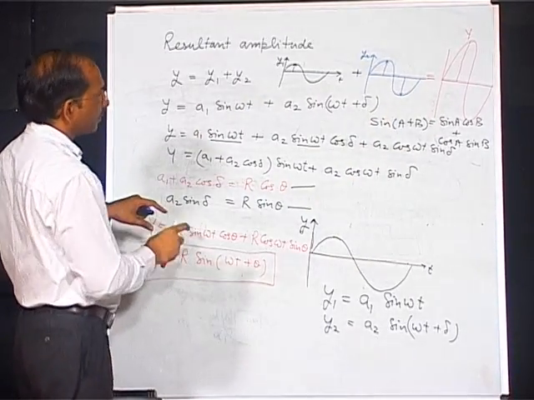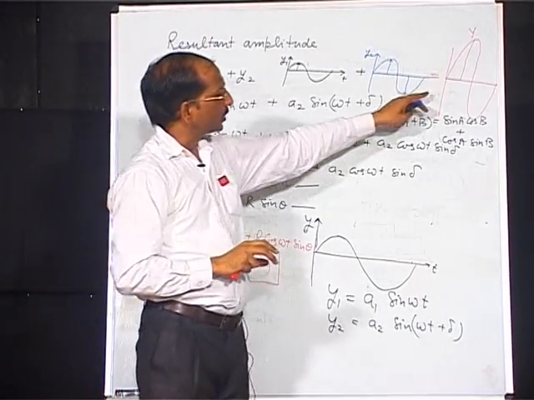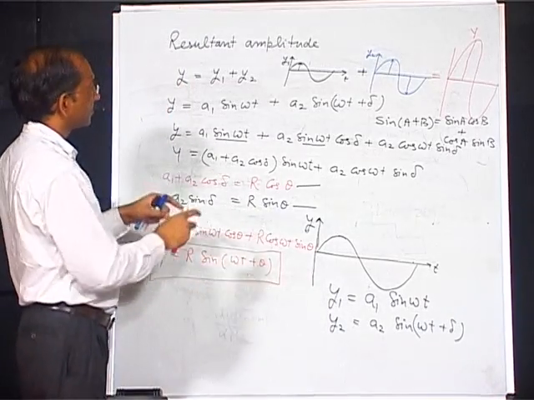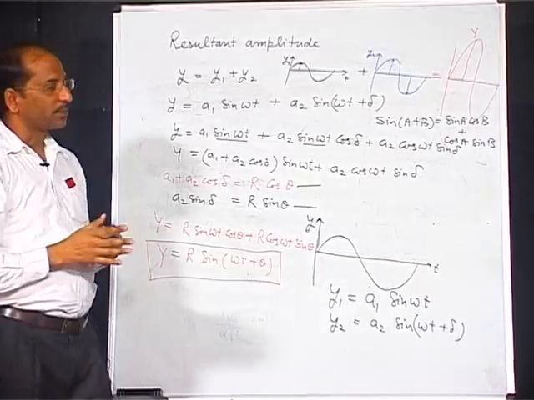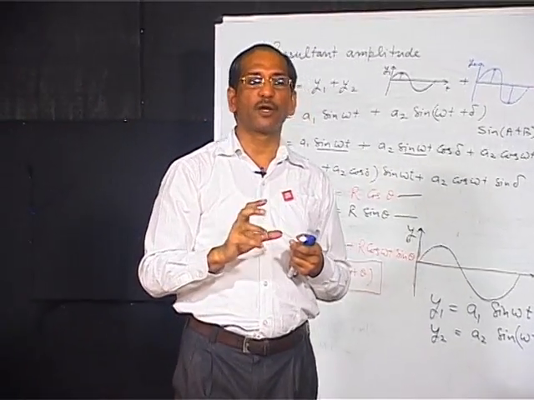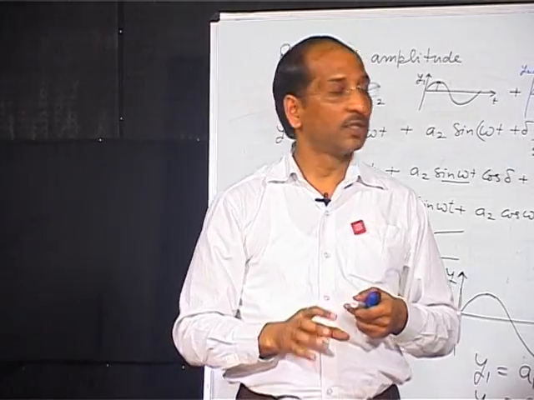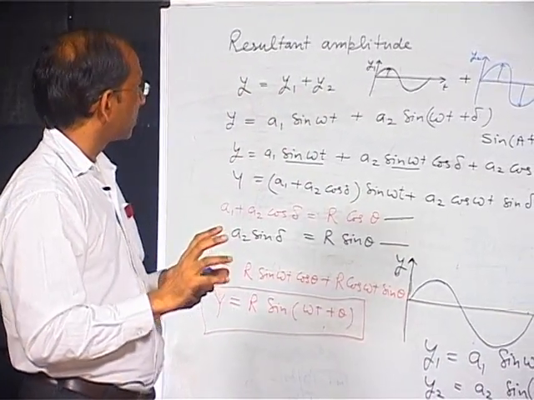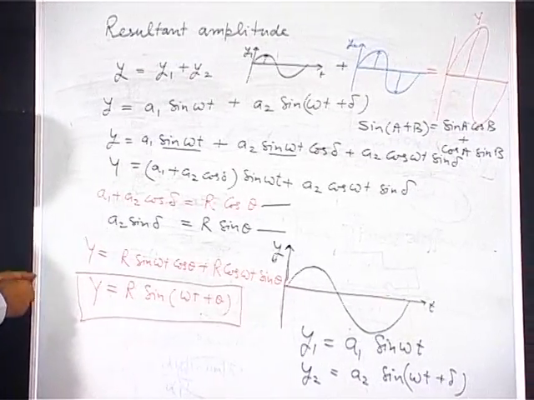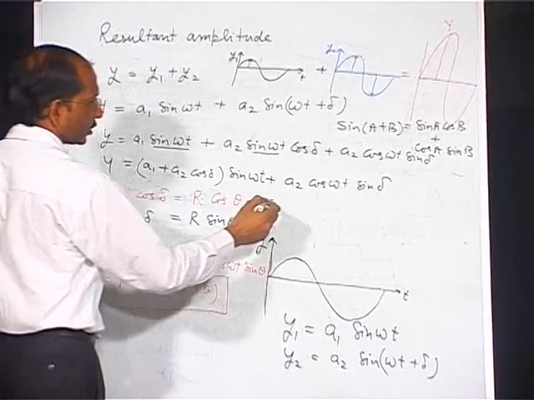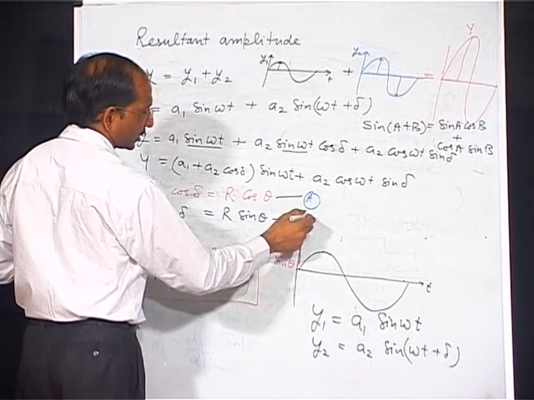So, now what will be the intensity of the light because of this interference when these two waves superimpose? If we are using a monochromatic source, we observe that somewhere the intensity is maximum and somewhere the intensity is minimum. So, how do we explain that intensity on the basis of these two equations? Suppose this equation is A and this equation is B.